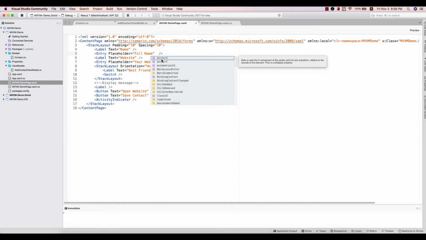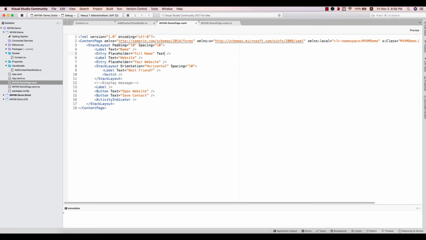So for the full name, we can say Text equals, and we open the curly bracket, and we say Binding, sorry, full name. I hope I'm writing the property right. It is Name, it's not full name. And we have website. Let me copy and paste that one